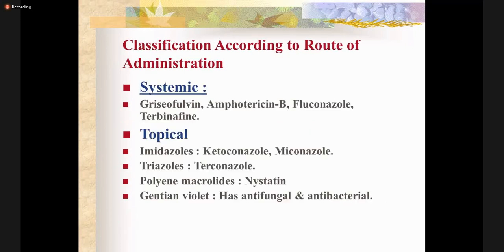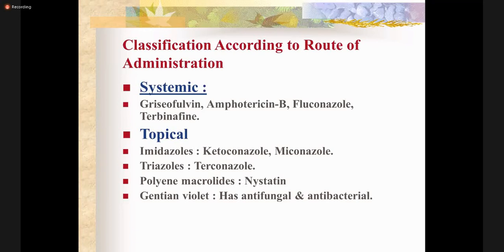Another way of classification of antifungal drugs is how you apply the drug. The drugs could be systemic. Obviously, you will give the drug when you find out that the infection is severe and it has reached the different organs of the body. So in case of systemic infection, you give the drugs known as systemic drugs. They are more effective, more potent, and they contain the prototype drug Amphotericin-B, griseofulvin, fluconazole, and